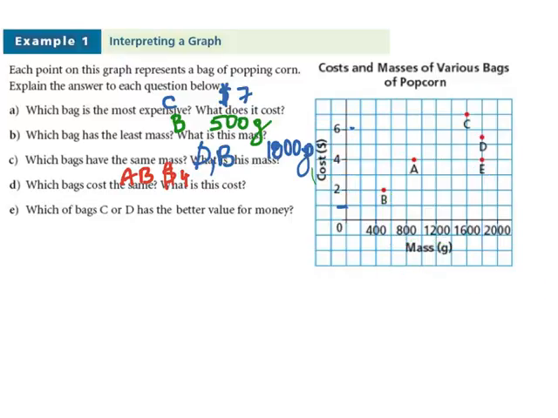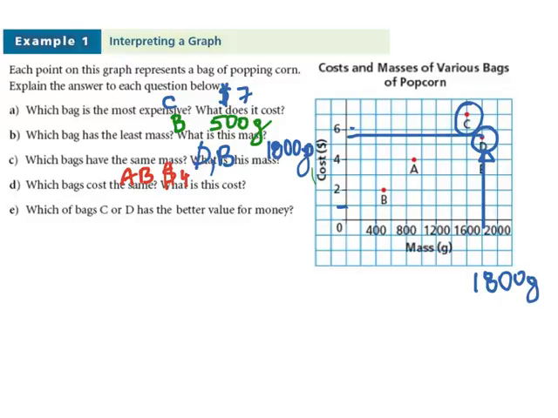Part E, which of bags C or D has the better value? So we'll look at C and look at D. Which one has a better value? Well, if we look at D, it has more mass, therefore it has more popcorn. And also, it's cheaper. It has a mass of 1,800 grams, and it costs about